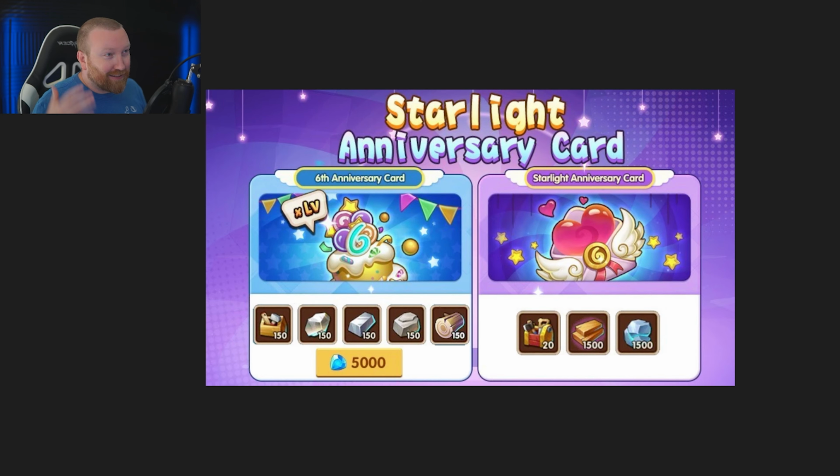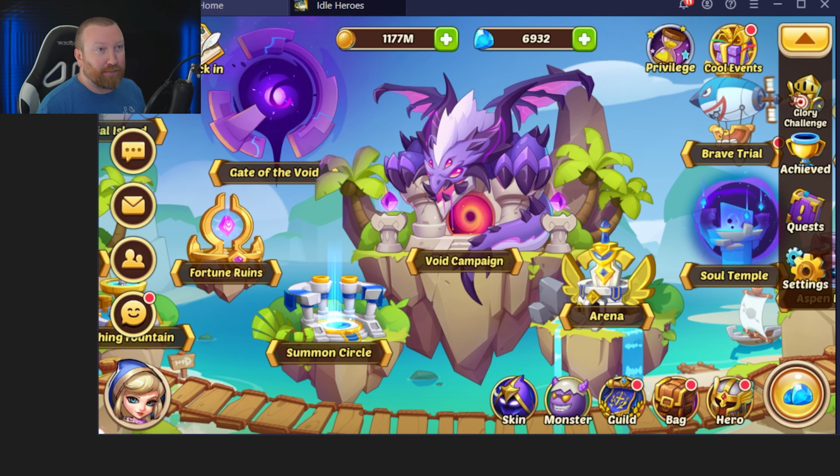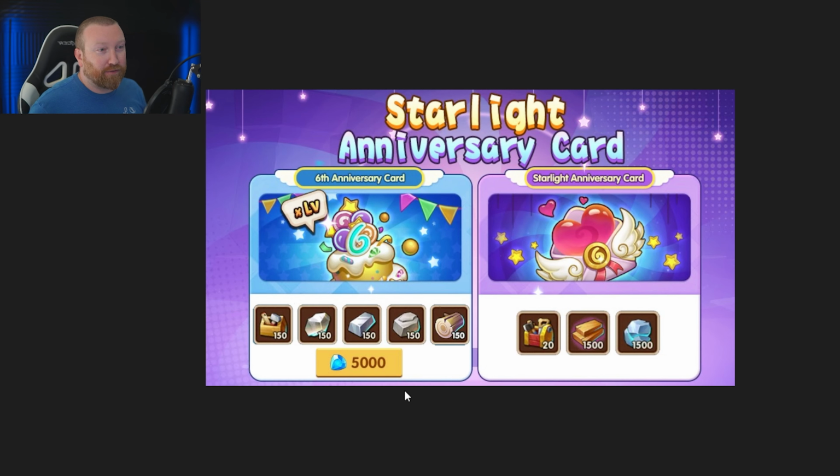And that leads us to the last one, which is honestly really good. Like really good. We have the Starlight Anniversary card and the 6th Anniversary card. Now the 6th Anniversary card is pretty insane. I think I'm level what? 372. So just for example, level 372, whoops, calculator, 372. I mean, that's a very high level compared to a lot of people in the game. But if you take that and multiply that by 150, we're getting